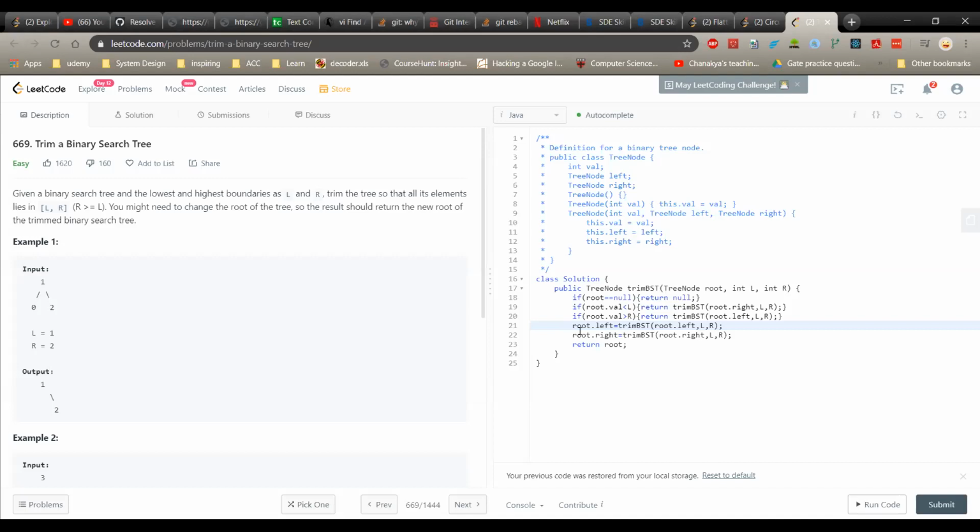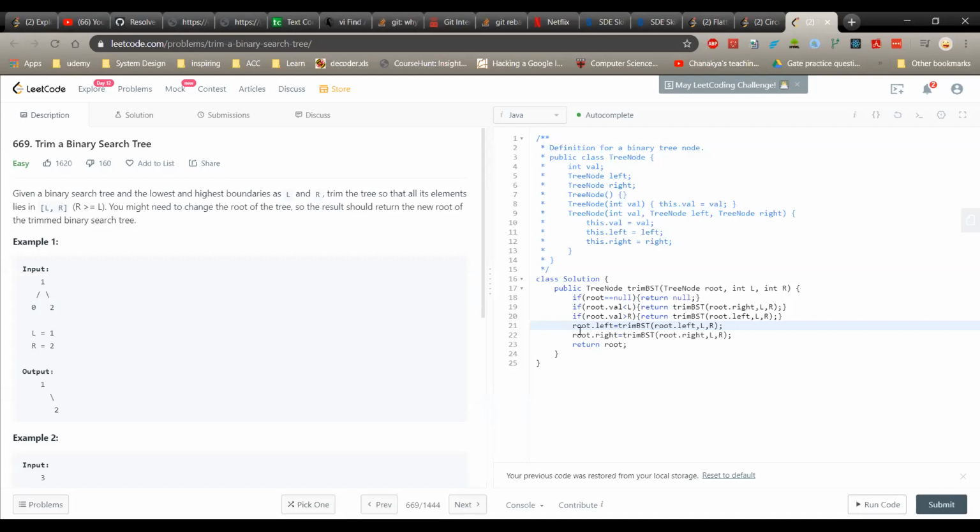Okay, but in this case, don't you have to make any of the nodes null? See, if you have any root value which is lesser than L, you don't want that node, so he's not exploring further on the left of that, right? Yeah, he's directly going to the right. Oh, okay. I think we should include the root dot left check. If it is null, then we should not recurse there.